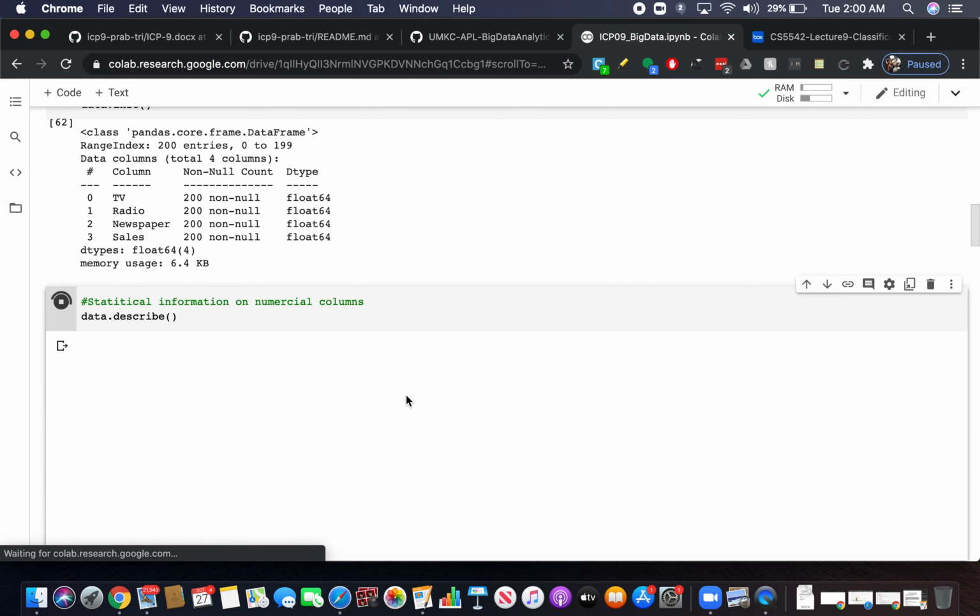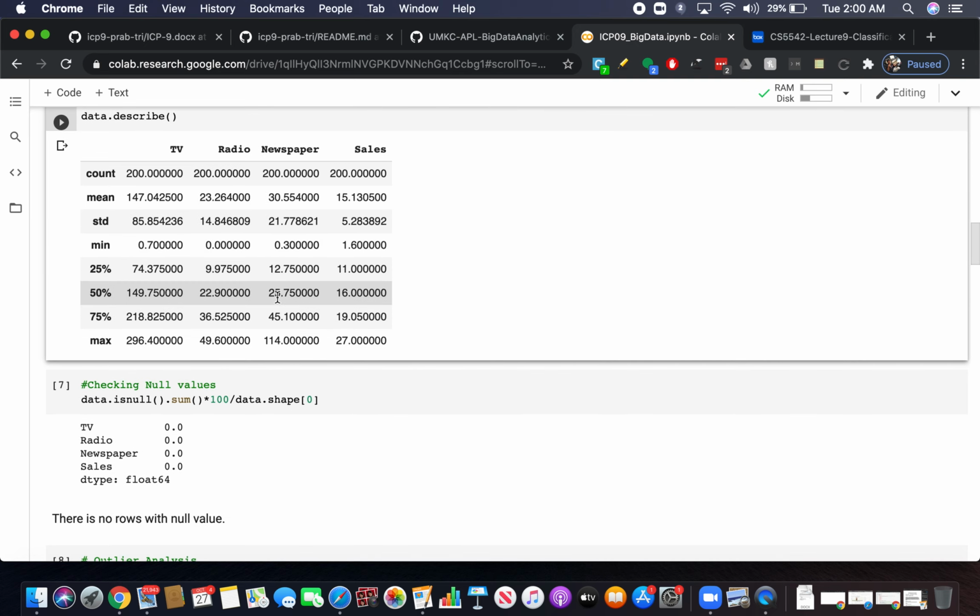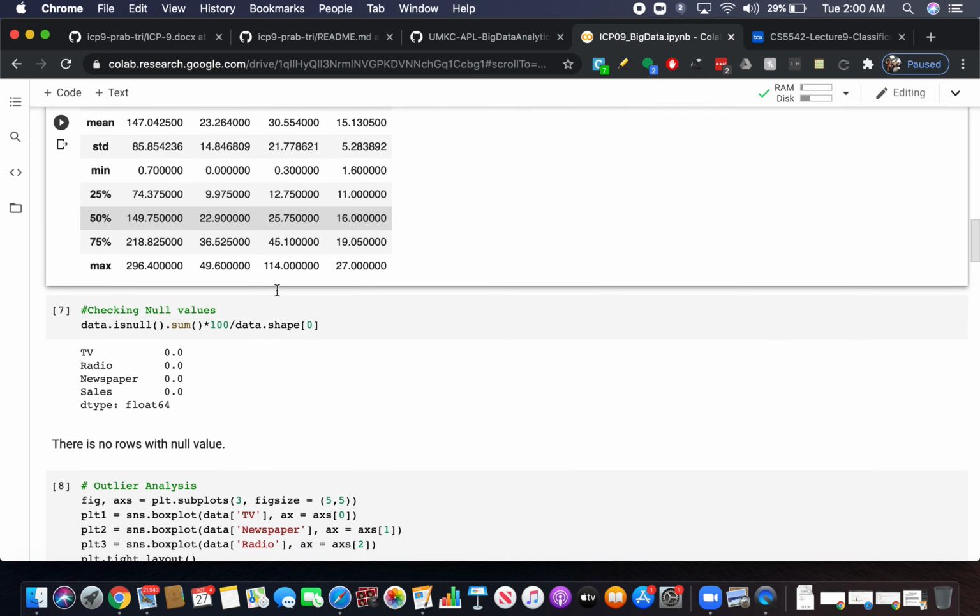And this is a very important one: it gives statistical information about the data set, computed on the numerical columns. All 4 columns we have right now are numerical, and we can see the average value, standard deviation, mean value, 25th percentile, and so on. These are good information for doing further data analysis.